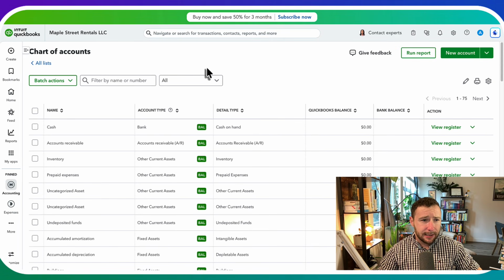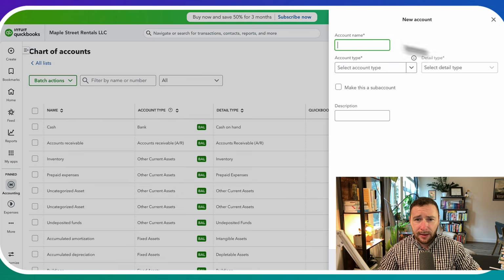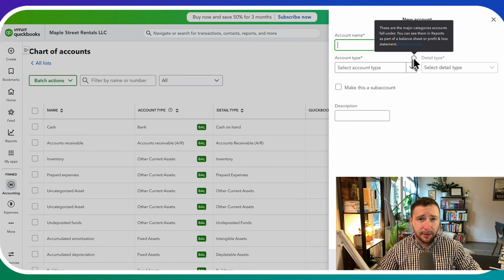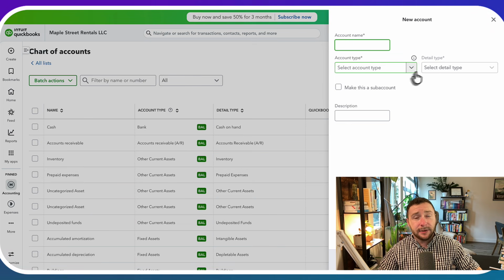If you want to add accounts to your chart of accounts, you'll come up here and select New Account, and you'll give it an account name. You'll also have to give it an account type, and this is important because it's going to tell you whether this account shows up on the balance sheet or the profit and loss statement. And it does matter for tax time for your accountant or your CPA to know exactly how to categorize your income or expense in the tax forms and whether it's deductible or not. You can also